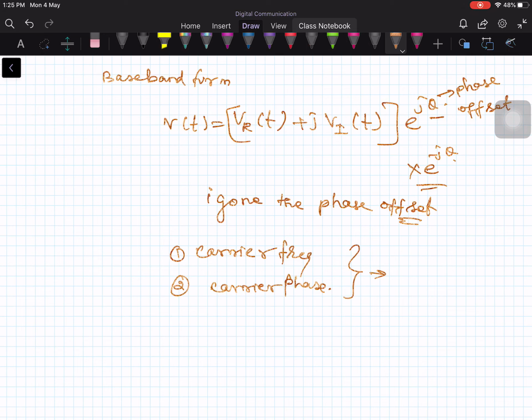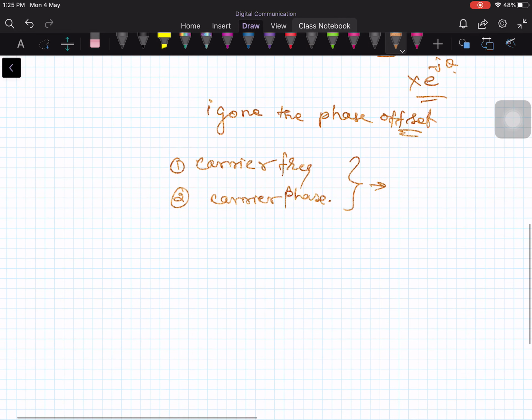This estimation is not going to be perfect in practice, so we will not be able to compensate perfectly, and therefore this assumption of zero phase offset will not be strictly valid in practice. However, we will assume that it is valid for the present treatment. So this is what I discussed in the last lecture. Now I am going to talk about demodulation for antipodal signals.